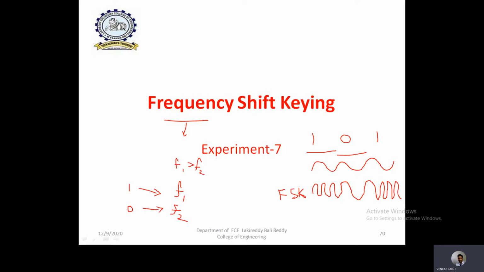What you observe from this is that in the FSK signal, the output modulated signal has a carrier signal but with different frequencies, changing to F1 whenever the input is binary 1, and F2 when the input is binary 0, and again F1 if the input is binary 1. So depending on the type of input we are giving and the bit sequence, these carrier frequencies are going to be changed.